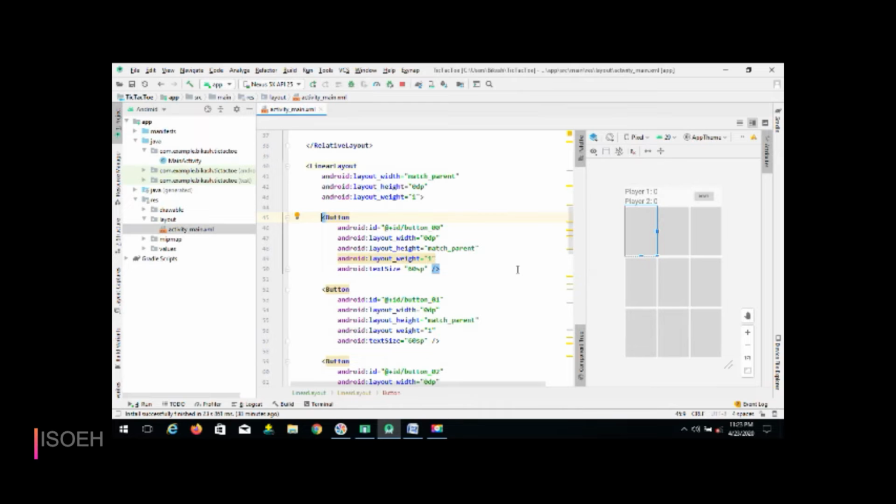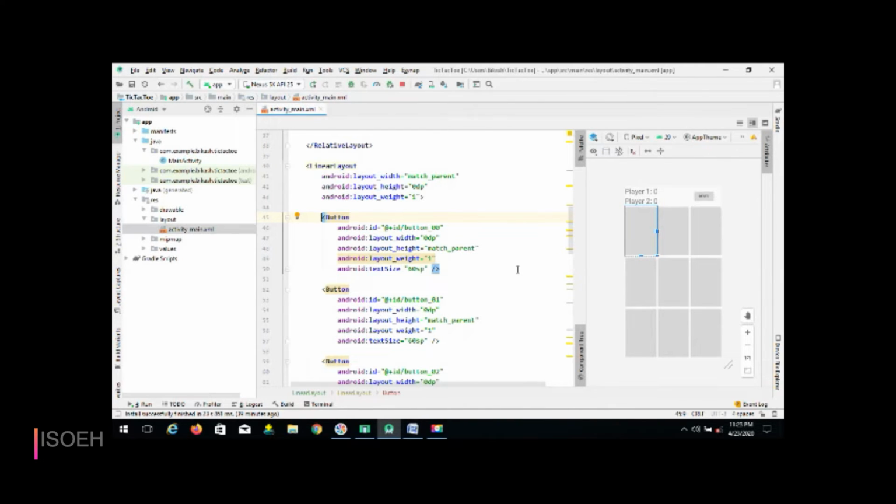After defining my header part, I have chosen a button. Here the first work is to set the ID of the button, which separately identifies your button properties. After completing my button ID, which is button underscore 00, you have to choose the width of this control. Here I have chosen the width as 0 dp and height as match parent.